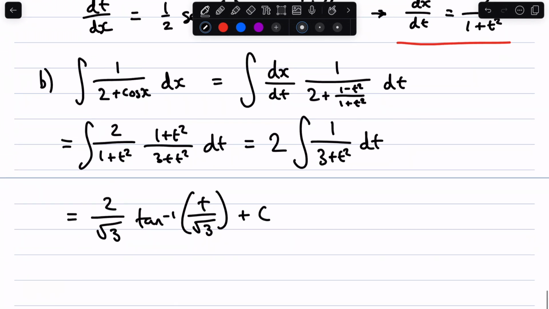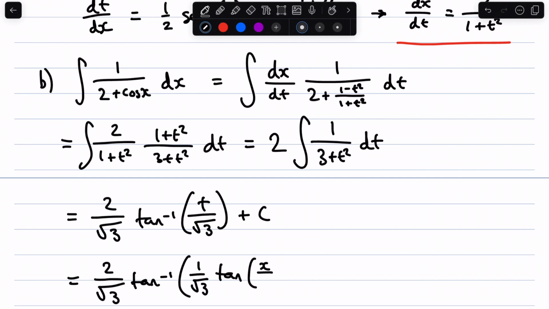And now we can substitute in t again, and we'll have our answer of 2 over root 3 arctan of 1 over root 3 tan x over 2